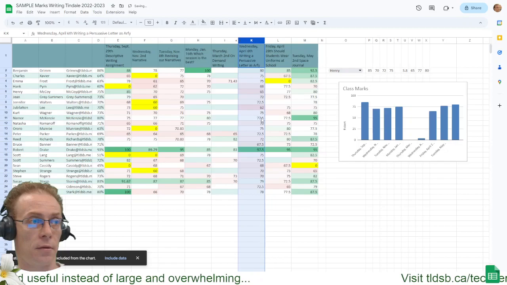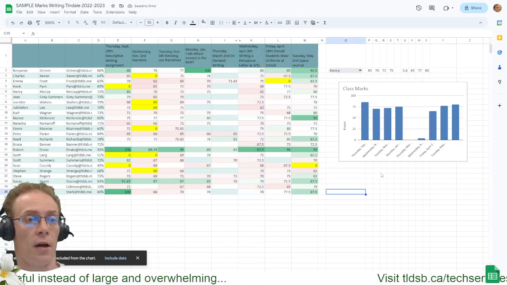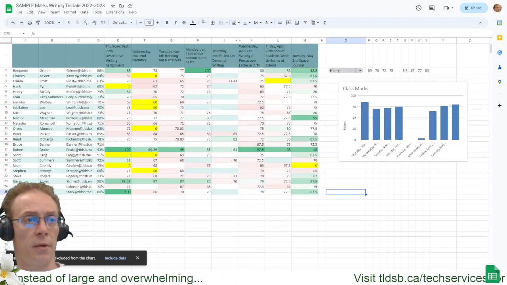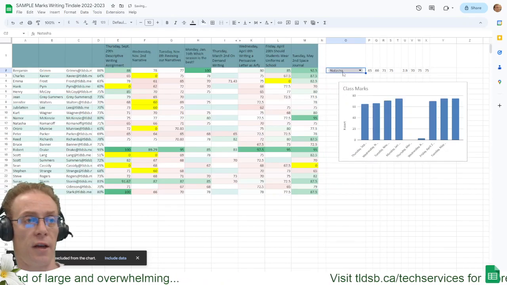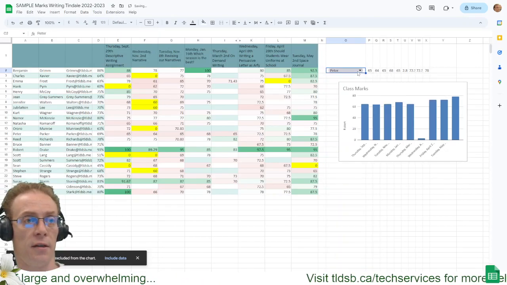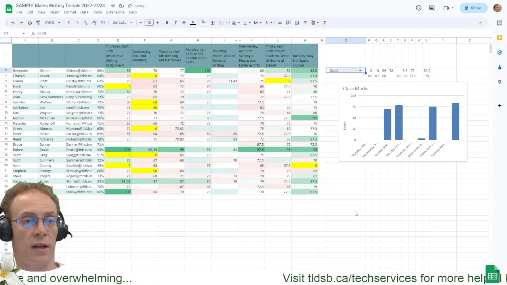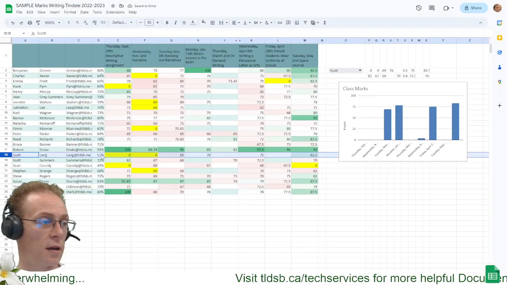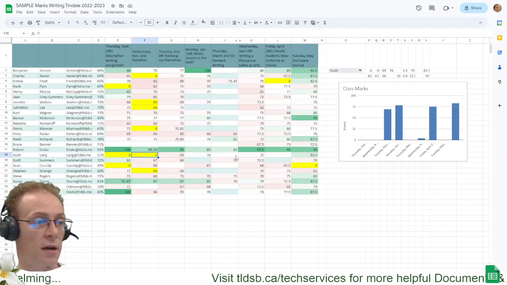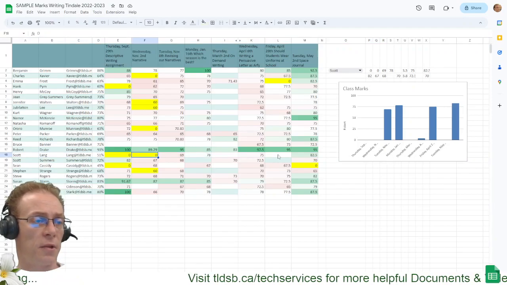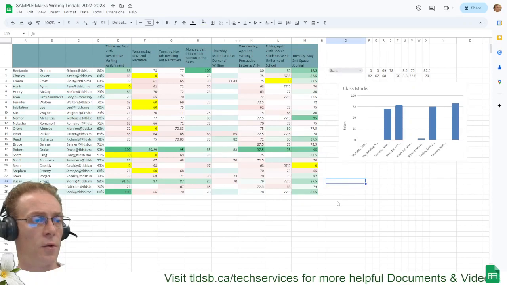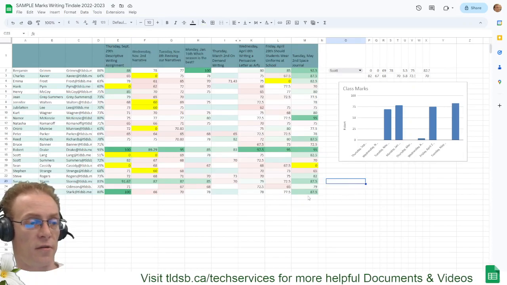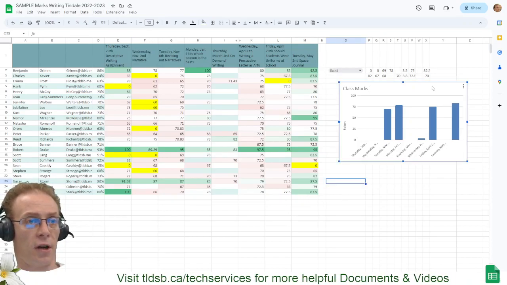Right. There we go. So that's what's going on there. You're going to be able to go ahead and tailor and target each kid and get a nice view of exactly what's going on. Oops, Scott. What is Scott? So there's a good one. I can look at that and I can see, yep, there's some yellows in there and some other stuff that got completely missed. So whatever helps me visualize stuff, whether it's going to be charts like this where you can